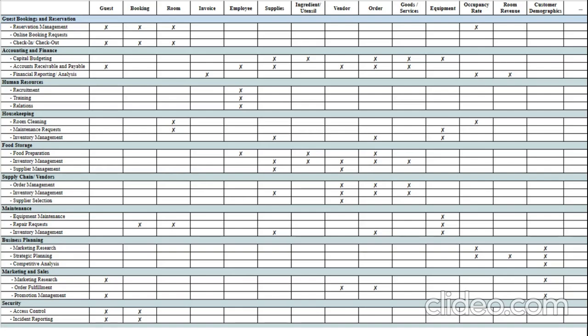and achieve goals. For instance, the guest booking process uses guest and room data to make reservations, while the financial reporting process uses invoice and revenue data to compile financial statements. Many business divisions, processes, and organizations are interdependent and interact with each other, such as the housekeeping unit relying on inventory management systems for cleaning supplies and the accounting and finance unit using room revenue data for financial reporting.